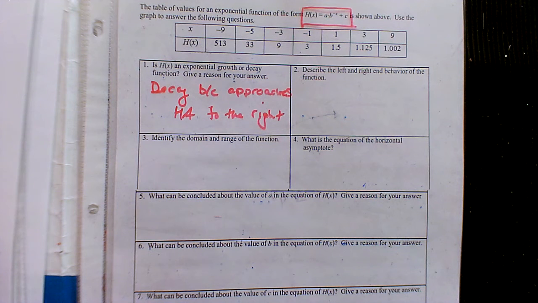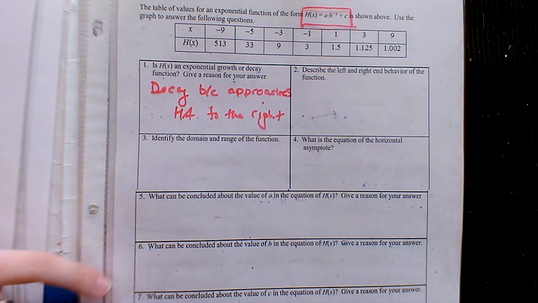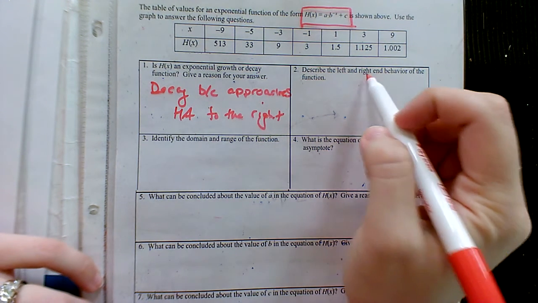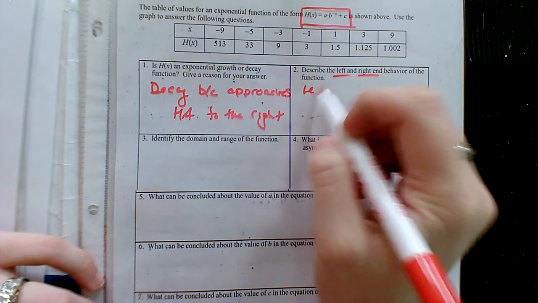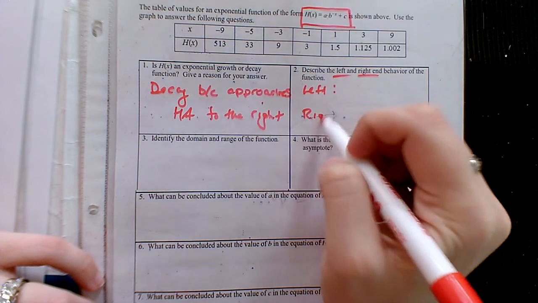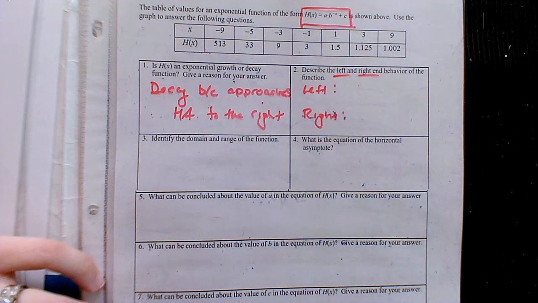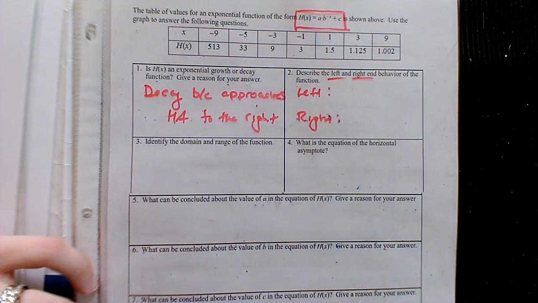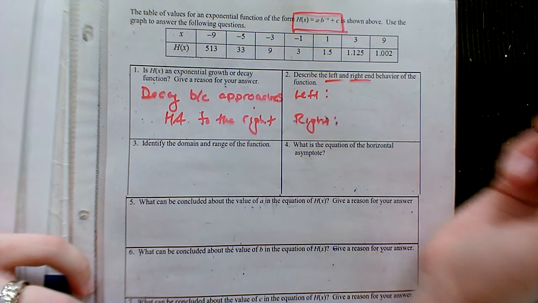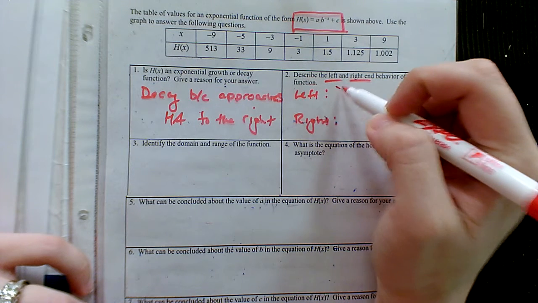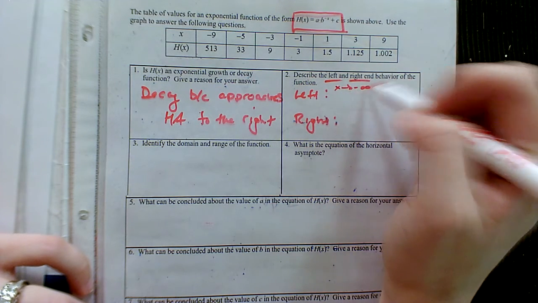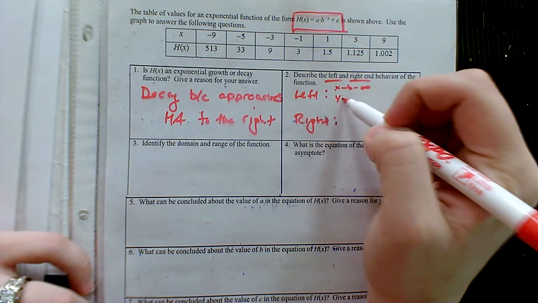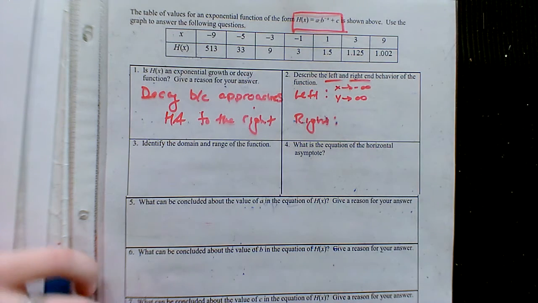Check on number 1. All right, speaking of to the right, we want to check out some end behavior here to the right and to the left. So what did you notice based off the values from the table how this graph is behaving on both sides? What's it doing on the left? What's it doing on the right? All right, so as x approaches negative infinity, meaning towards the left, the y values are approaching positive infinity, going